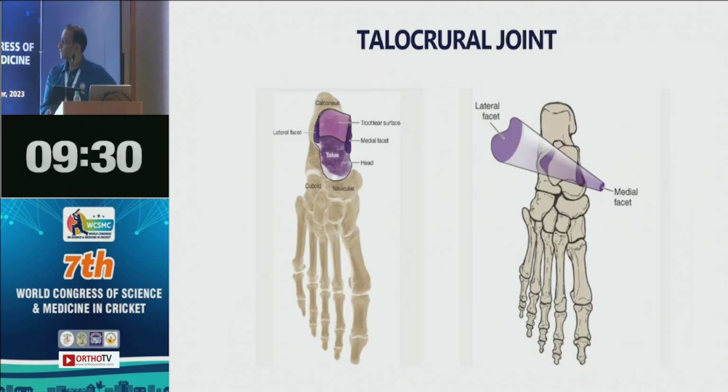So, the next one I want to talk about is the talus. When weight bearing is happening, the talus sits in the middle, between the tibia above and the calcaneum. So it actually acts as a torque converter. Any load on the talus goes into the tibia, goes into the talus, and the force is